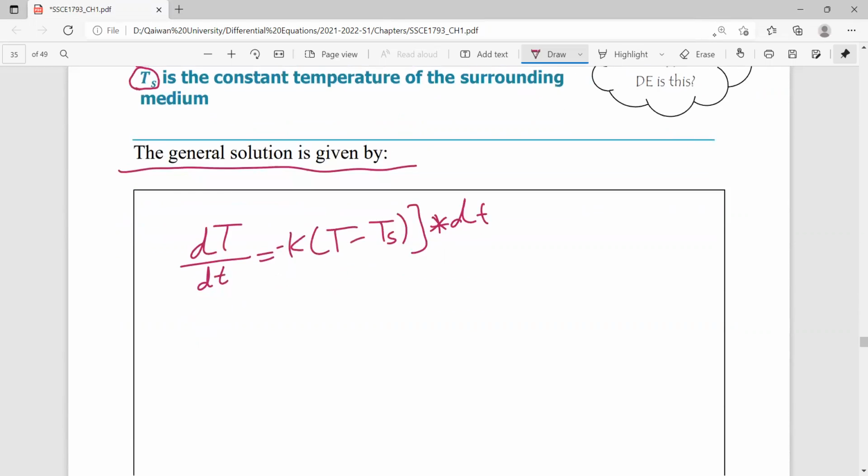And what we get is dT equals minus k times (T minus Ts) dt. In the left-hand side, we have capital T, and in the right-hand side, we have little t, dt. But here, we must divide both sides by this bracket to remove capital T with dt,